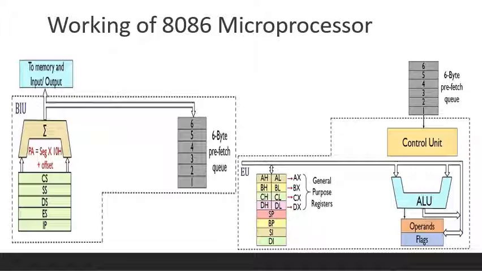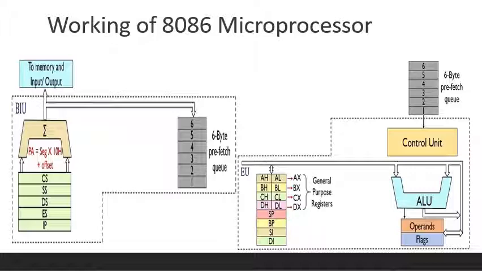The control unit decodes the opcode and generates control signals that inform the BL and CL registers to release the value stored in them. Also, it signals the ALU to perform the add operation on that particular data. It is noteworthy that in any instruction like ADD BL, CL, BL denotes the destination of the add operation. This clearly shows that whatever operation is performed, its result must be stored in the first register, that is BL for this particular example.